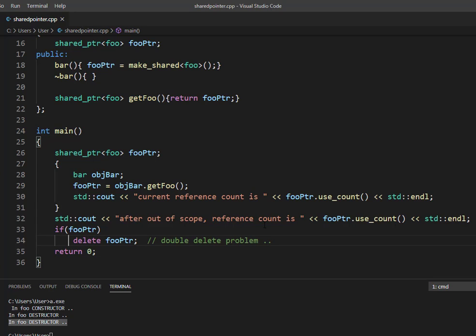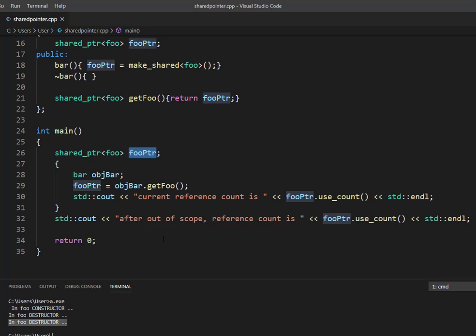So now, when the main function returns, the foo pointer will also go out of the scope. When this goes out of the scope, the reference count will become 0, and hence